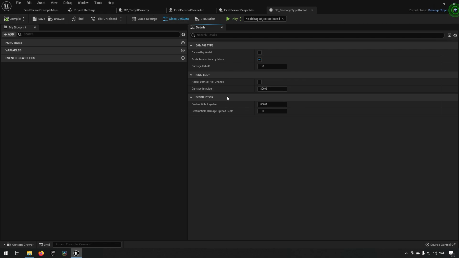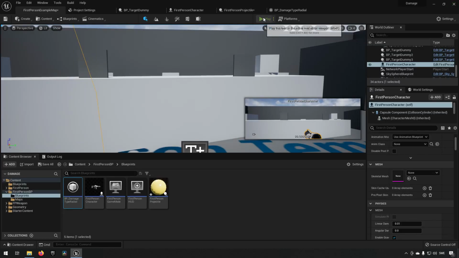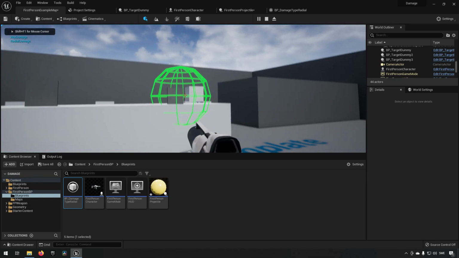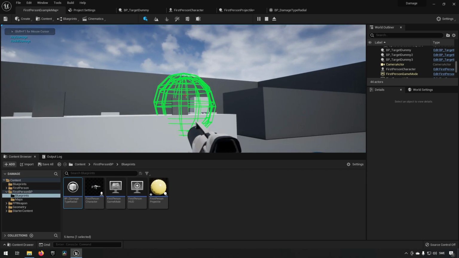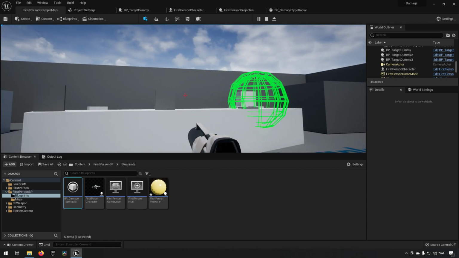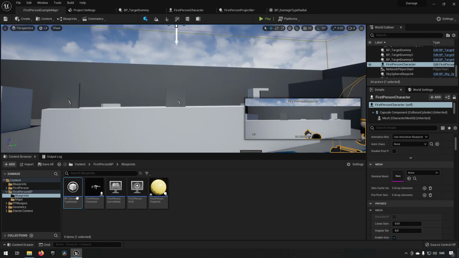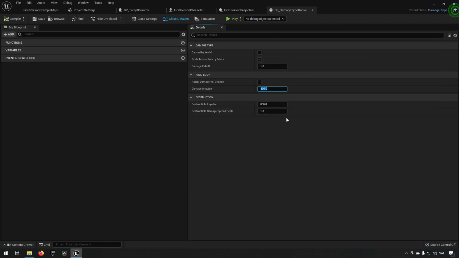So now that we have created this, we can go back to our first person projectile, and we can change the damage type of the radial damage to be of BP type radial damage. And now when we shoot something and hit it like this, you can see that it moves slightly, and this is in relation to the setting in our damage type. So if we go into our damage type again and we set something, instead of 800 we set something like 2500 maybe,